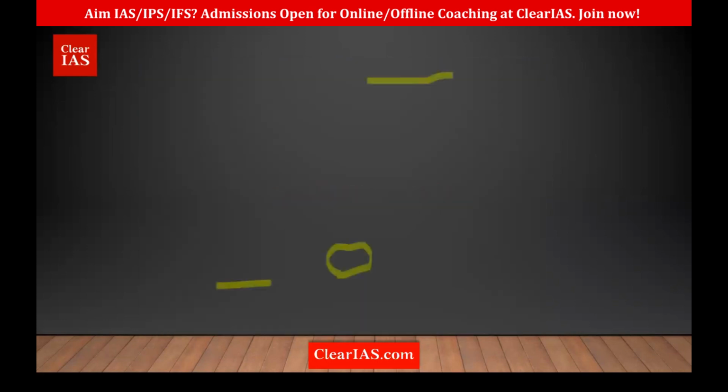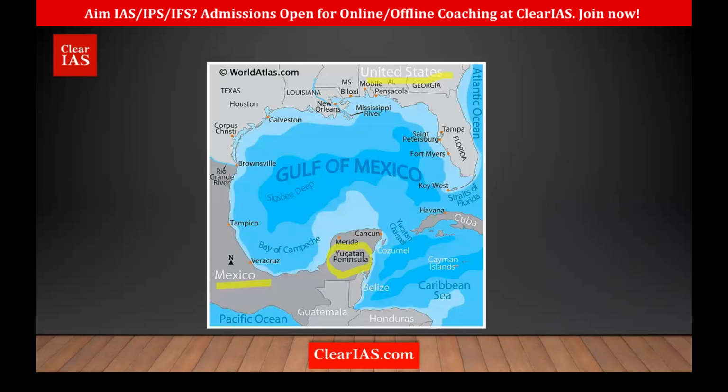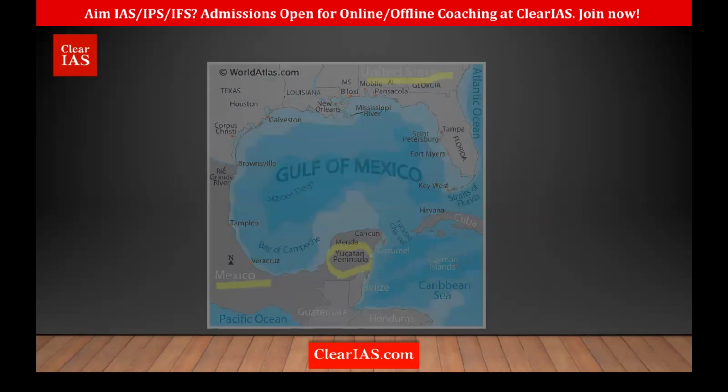Then we saw the Gulf of Mexico. If we're talking about the Gulf of Mexico, one side US, another side Mexico, and then the Caribbean islands. Then we have the state of Florida. We have the Yucatan Peninsula. Then the Caribbean Sea. Yucatan Channel is also there. And remember, the Mississippi also empties into the Gulf of Mexico.